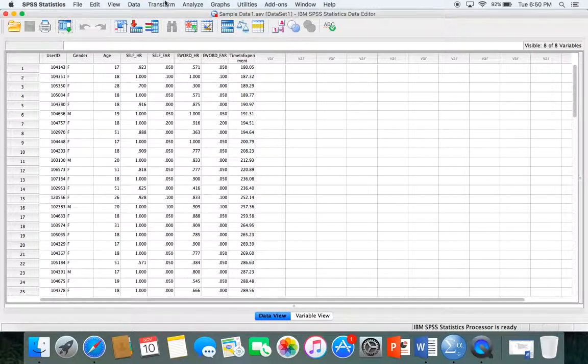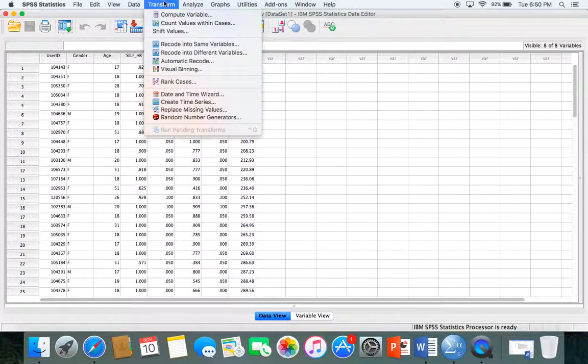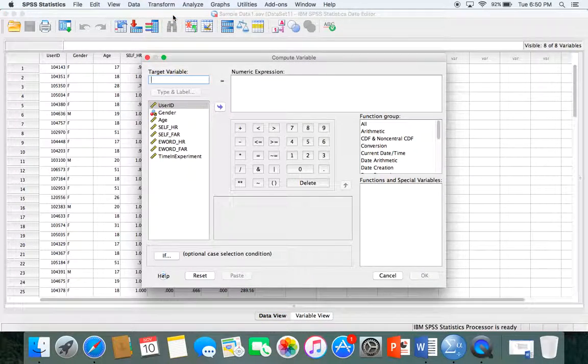So to do that, I'm just going to click transform and then go to compute variable, and you'll see a box that says target variable, and in that box you want to make sure that you type the name of what you want that new column to be named. So in this case I'm going to write total HR for total hit rate. Just make sure that when you're naming your variables it's something descriptive and something that you'll be able to recognize later on. So next I'm just going to move the self hit rate score over